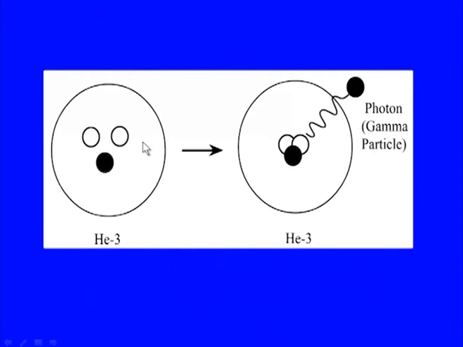Now, gamma ray emission is frequently accompanied by alpha or beta particle emission. So, it might change the atom. Now, emission of gamma radiation in itself does not change atomic mass or atomic number, because it does not carry any mass or charge. Gamma radiation has very low ionizing power, but they are highly penetrating because of their speed. Now, this is a typical figure where He3 is in a higher state, and when it comes back it emits a gamma radiation or photon.